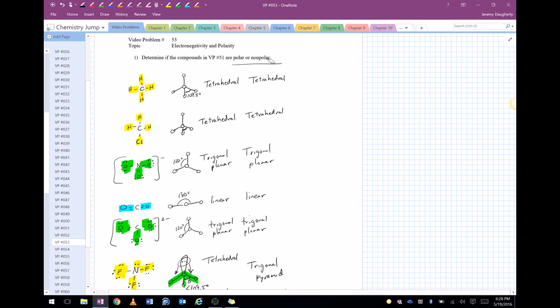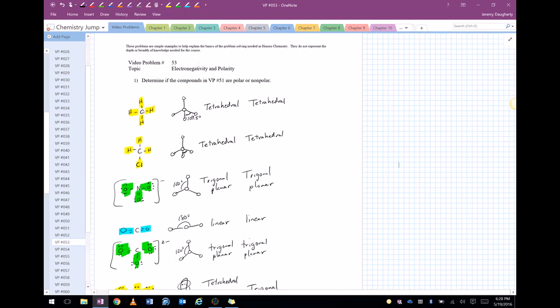So first, I'm going to show you a trick to determine whether it's polar or non-polar, but this is very important. The trick is not why it's polar or non-polar. So in other words, don't use the trick to ever explain how or why. All right, we'll talk about how or why, but let me show you this. It's in your notes, but